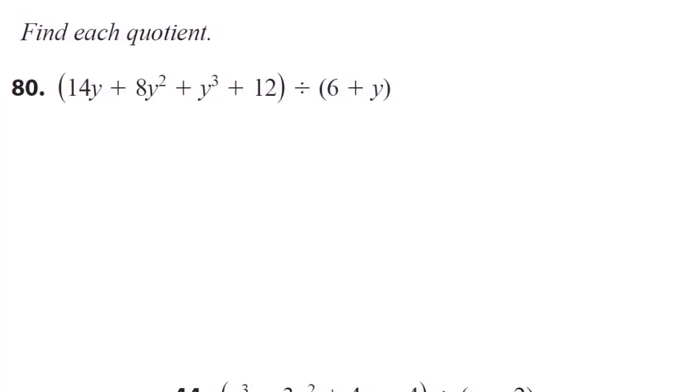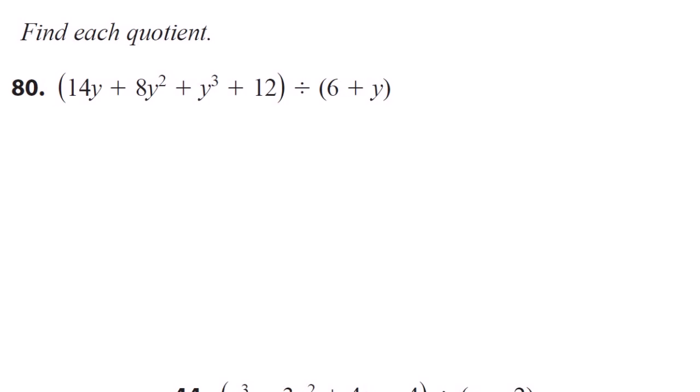So on number 80 here, we have a polynomial with 4 terms, right? It's a third degree polynomial, but notice how it's not in standard form. We haven't harped on standard form yet, and we've been able to express our answers in various formats, right? As long as everything's simplified. But here's where standard form is handy, because when we're doing long division, we want to start with our highest